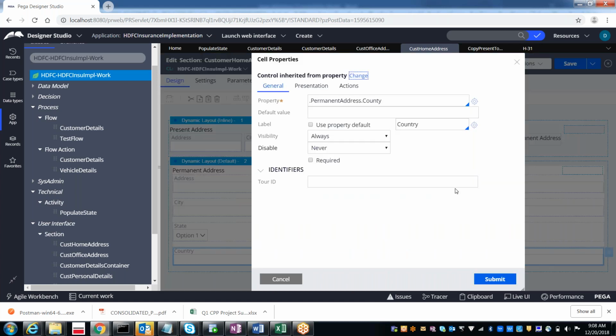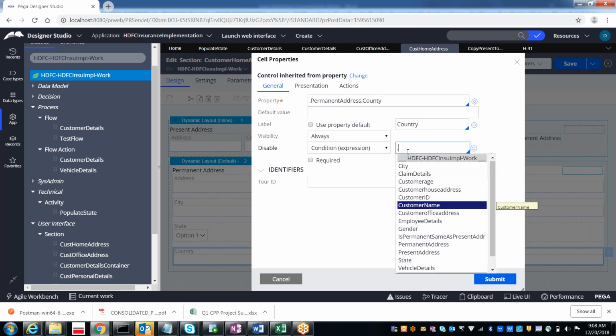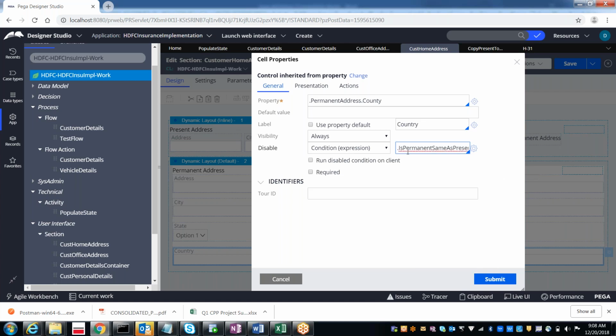So for the country, again disable expression. As I said, either we can refer the property directly: is permanent address same as present equal to true. If you are on the same one, we can also use py work page.